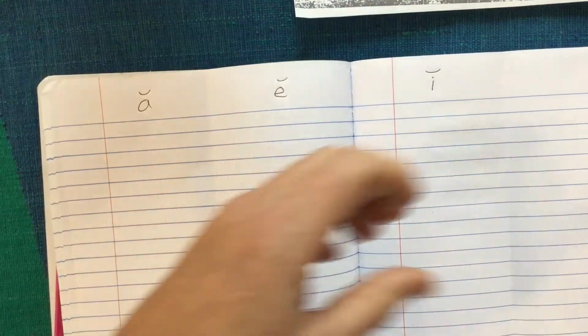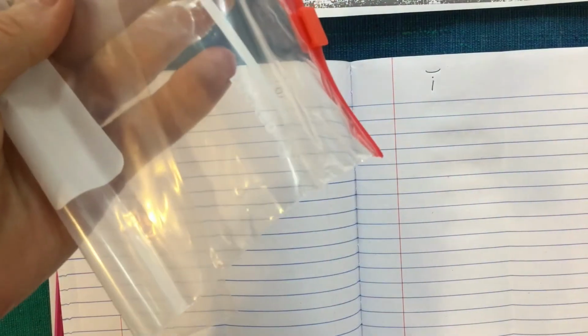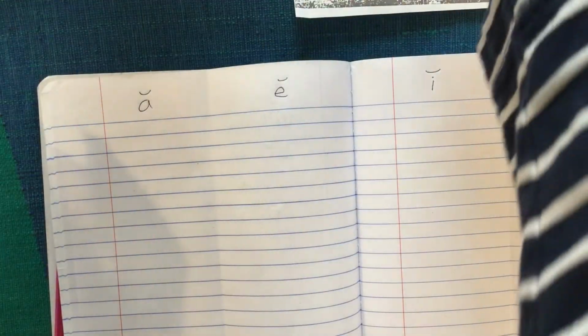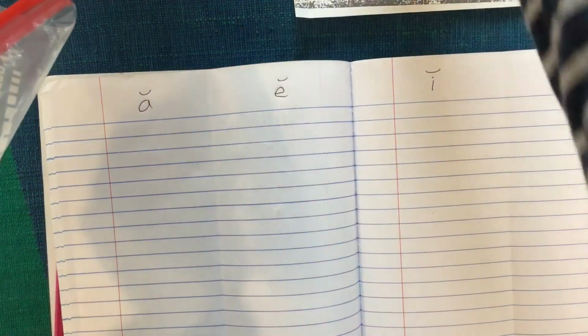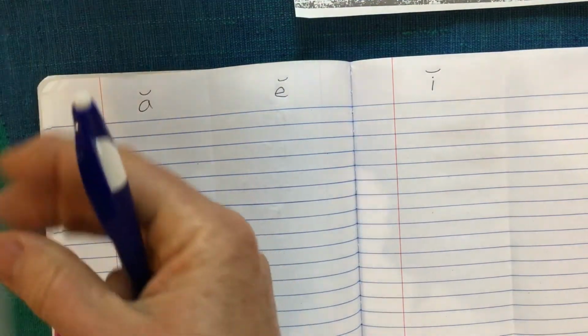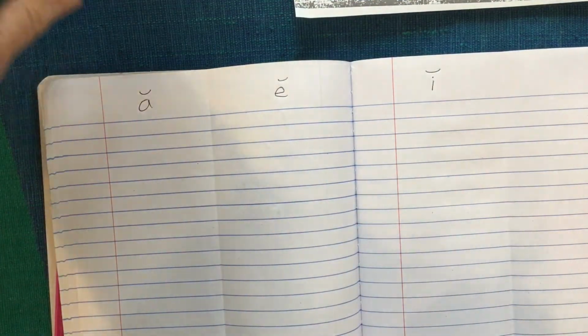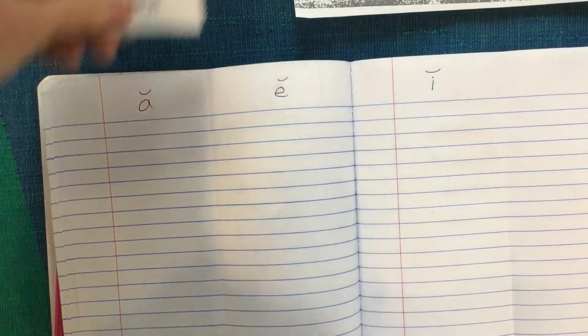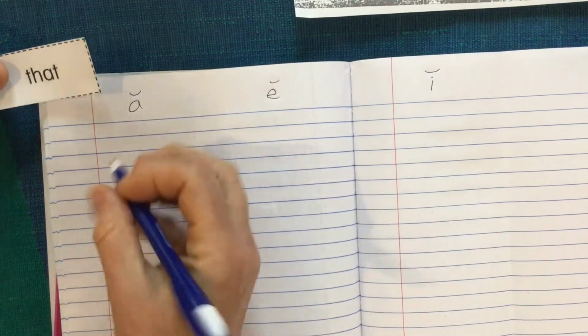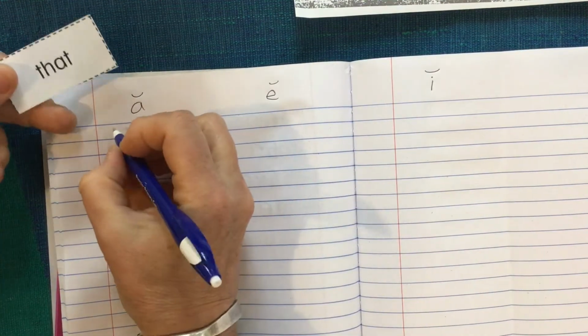And at this point, you probably want to have a Ziploc bag handy for them to put away their words. Maybe some students like to write a word and put it away. Some students like to write a whole column. It's really up to the student how well organized they can be. So I'm going to take the first one, that. Okay, I start at the red margin and I write